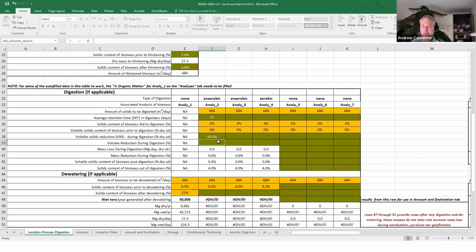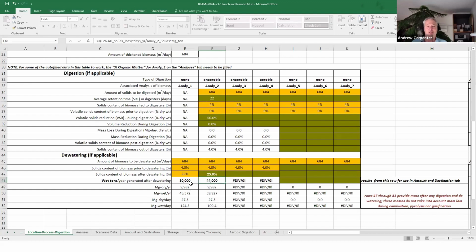We have something in there for volume reduction during digestion, but most people have suggested that the same volume going in comes out. We just have less volatile solids in it. So we're putting a 0 there. And then in this case, we're assuming that they're going to actually get better, maybe upgrade their dewatering when they do go to anaerobic digestion and get 25% solids. So then you see that's going to change